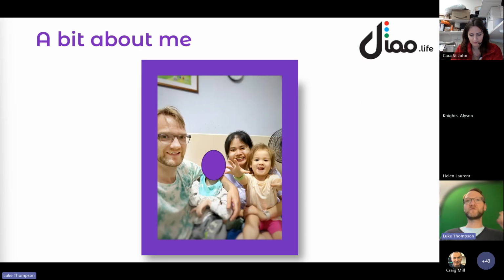So first of all, this is my family photo. This is myself, my wife Cherry, my daughter Talia, and then the little girl behind the purple oval is Zhao. Zhao is a little girl that my wife and I had been trying to adopt for several years. Sadly, that's no longer able to take place because of a change in laws about adoption in the country that she's in. But she is the motivator behind what I do and why I do it,